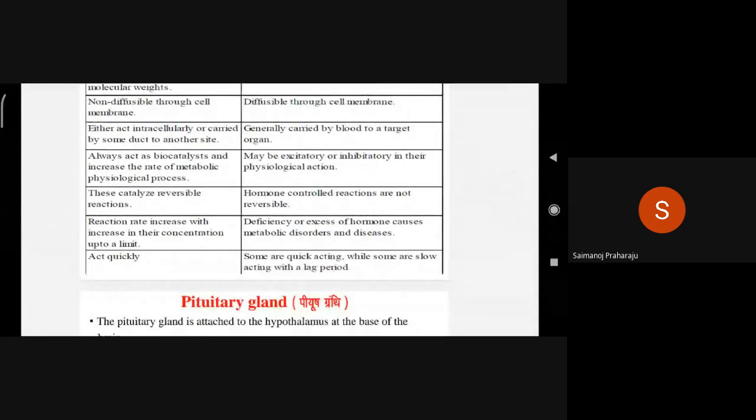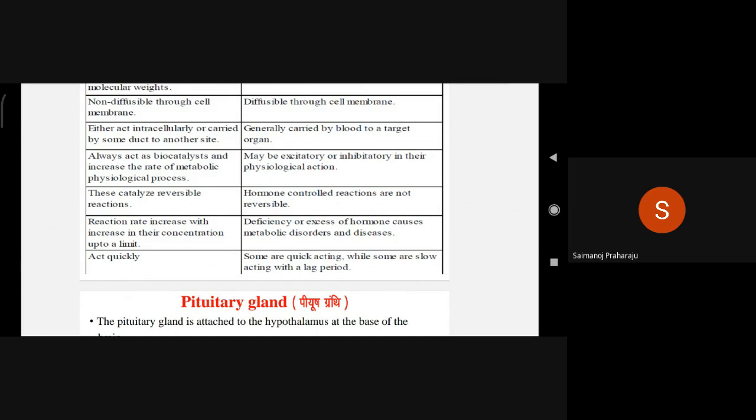Okay, so we were talking about hormones. As we are taking the example of sex hormone or growth hormone, these do not act in the body instantly. We do not get our height overnight, like last night we were 4 feet and today we are 5 feet. This does not happen. Growth hormone takes time. Sex hormones take time.